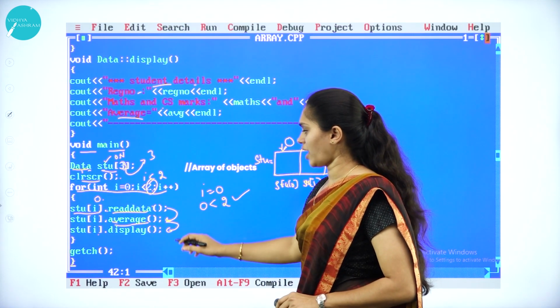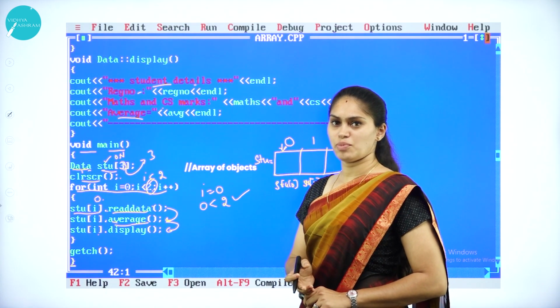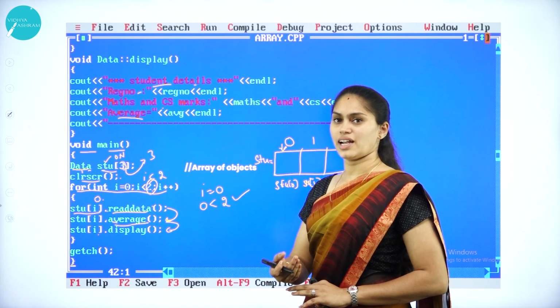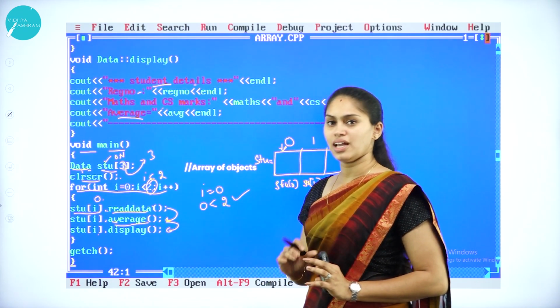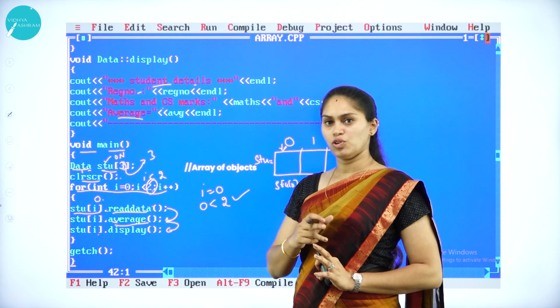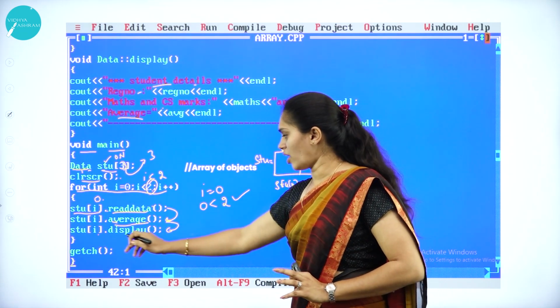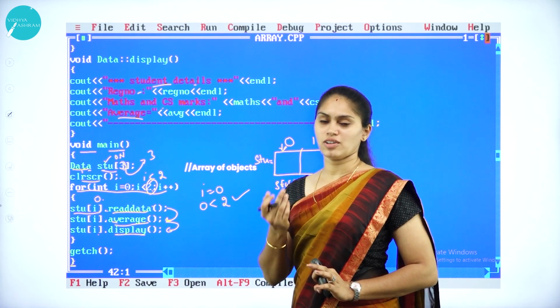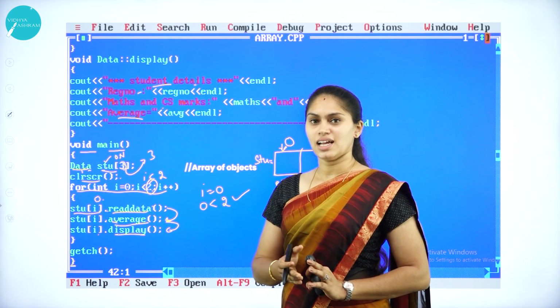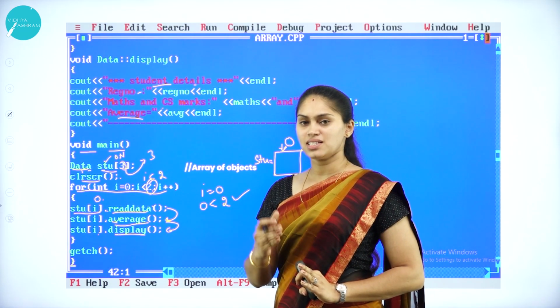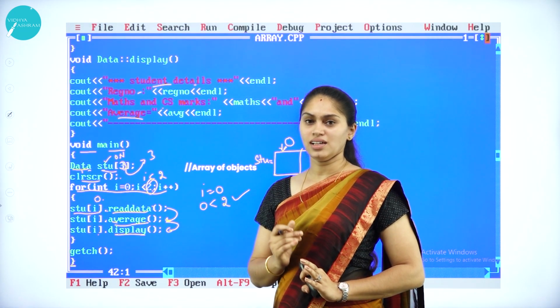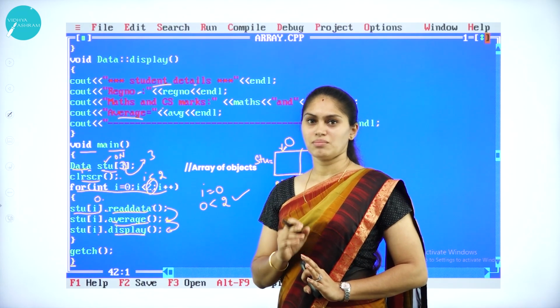Now, can you guess what will be the output of this program? I need to give the register number, maths and CS marks. After calling the average function, it finds the average of those two marks, and when I call the display function, it displays the student details: the register number, the maths and CS marks, and after that the average of those two subject marks.